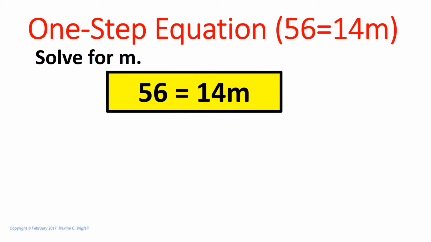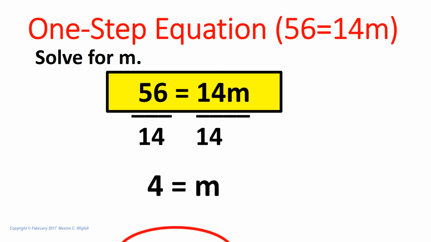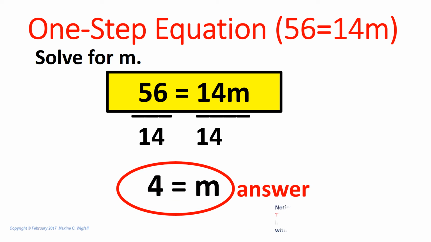It's equal to 14m. I still want to isolate the variable, get rid of the 14. 14 times m, the opposite of multiplication is division. Divide by 14 on both sides, 4 is equal to m. Answer. The answer is an integer. Integers are whole numbers with